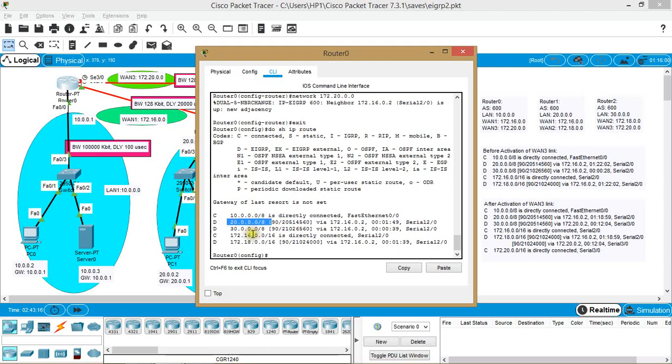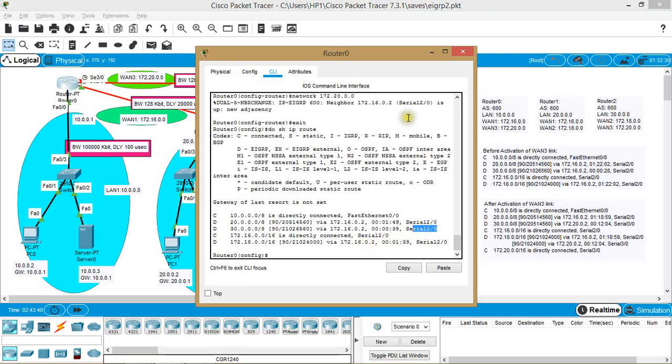You can observe here the 30 dot network is reachable with an administrative distance value of 90 and with a metric of 21026560, which I have explained to you earlier how to calculate using the bandwidth and delay. And this 30 dot network is reachable via 172.16.0.2 and via serial interface 2/0, because the 172.16 network is reachable via serial interface 2/0 from router 0.